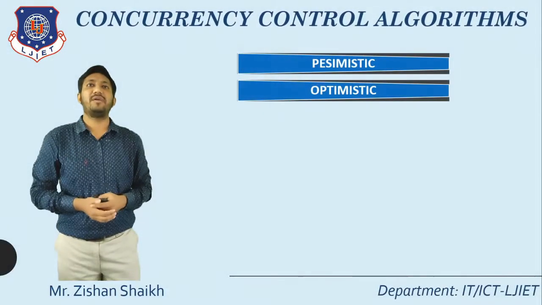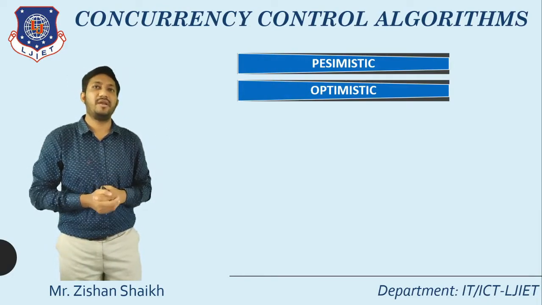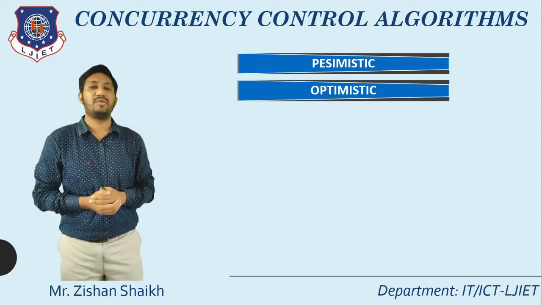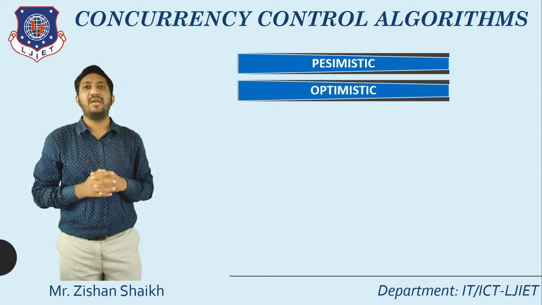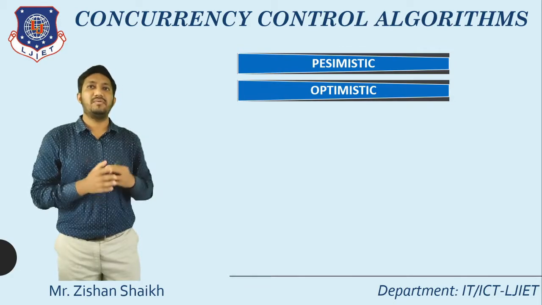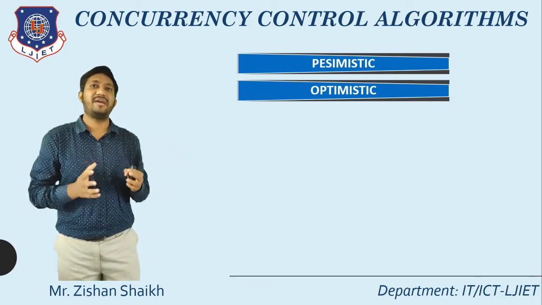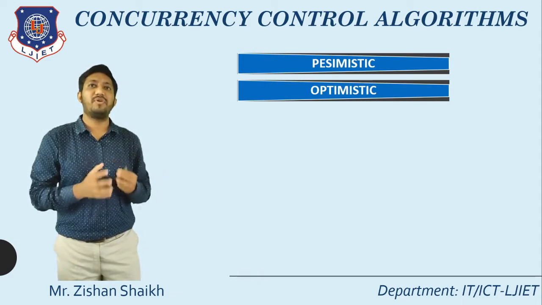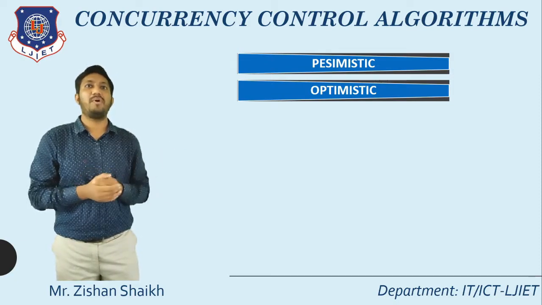So, basically concurrency algorithm is divided into two parts, pessimistic algorithm and optimistic algorithm. Pessimistic algorithm works on the principle that if any transaction is accessing multiple databases simultaneously and that data is shared, and if any problem occurs, how can we prevent that? If we are talking about optimistic